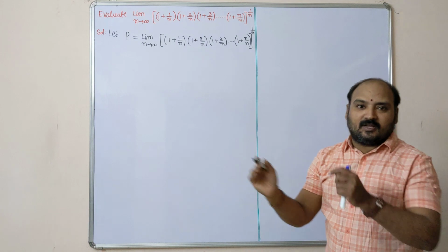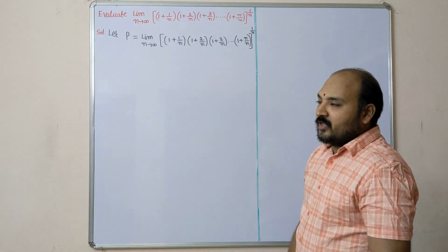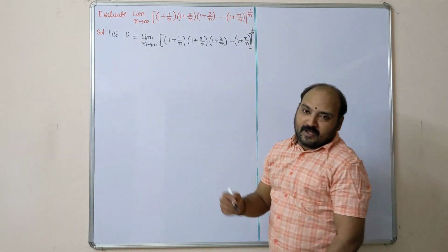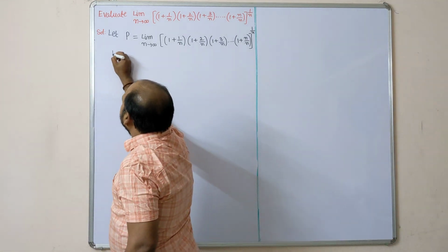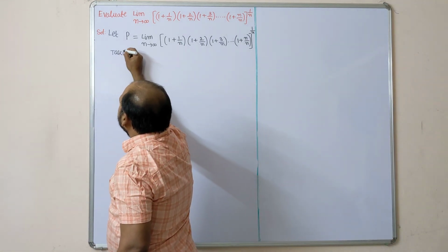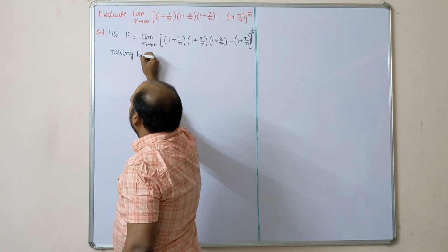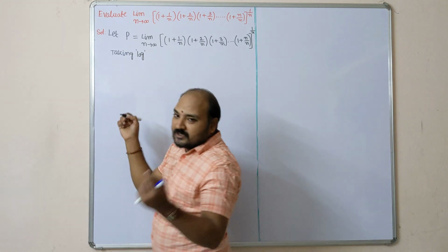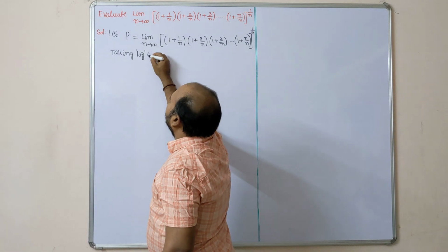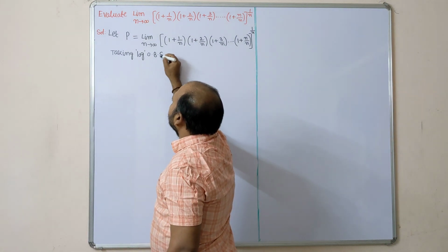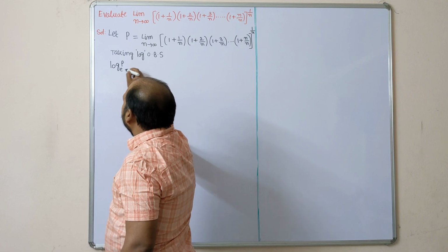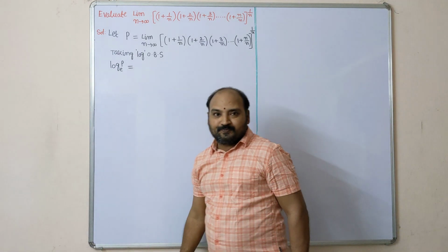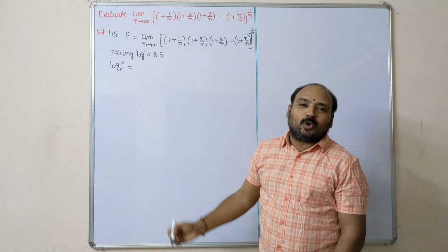That is the given limit. Whenever a whole power 1 by n term is there, take log on both sides. Observe carefully, dear students. Log means log to the base e, the natural logarithm, on both sides. So it becomes log P to the base e is equal to